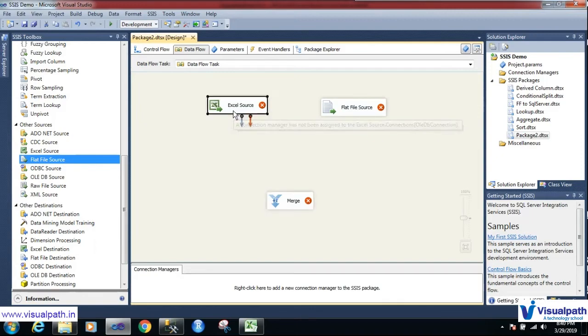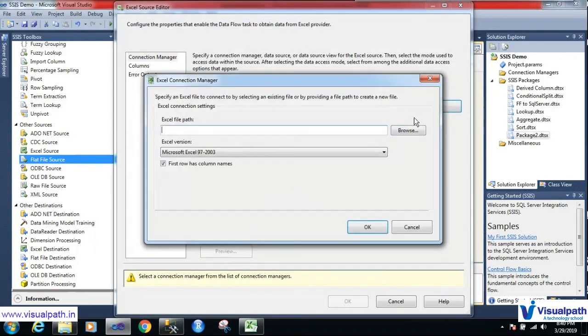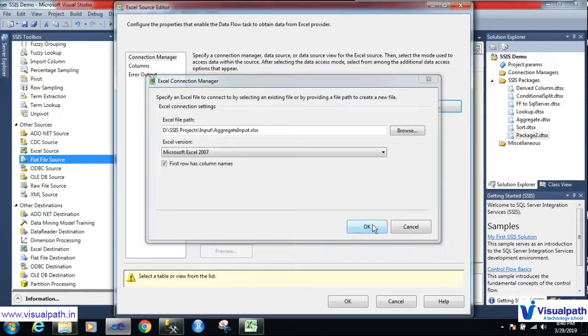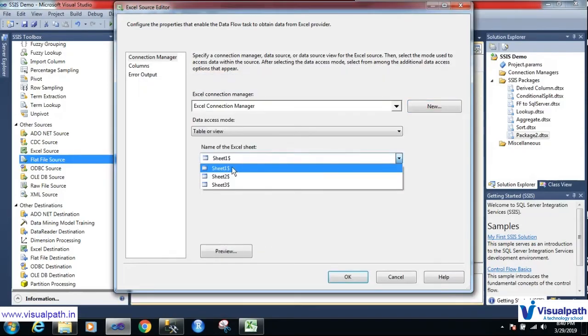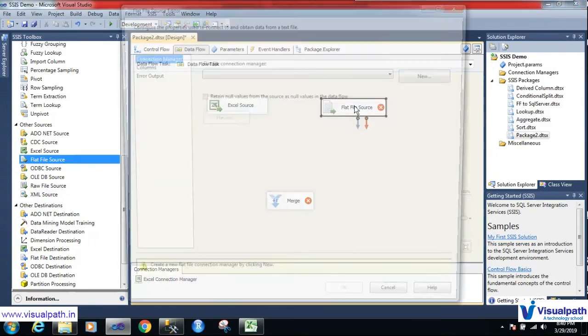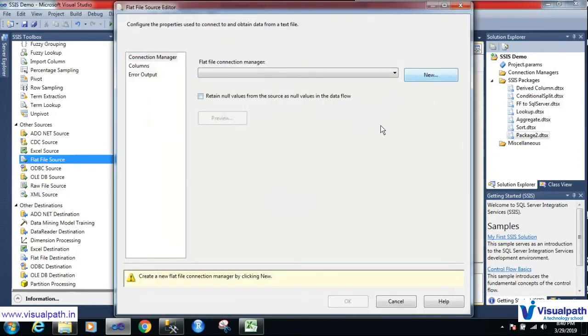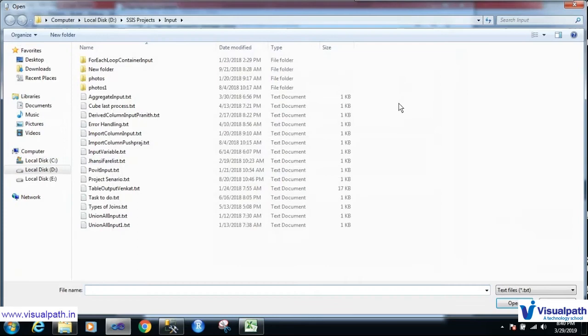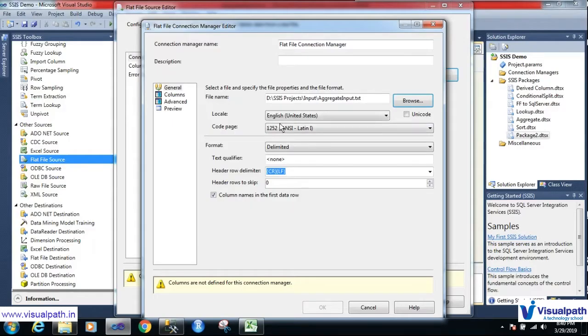So I will double click on Excel source, click on new, browse, and I will take aggregate input as a file. Sheet 1 has the columns name, department, salary, and location. Now I will take flat file source, click on new, browse, and I will take aggregate input as flat file.